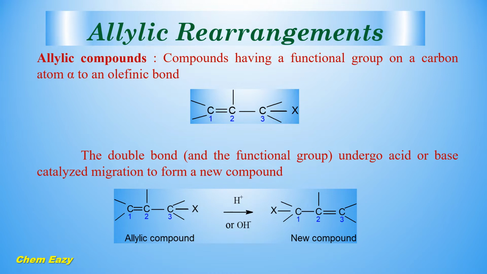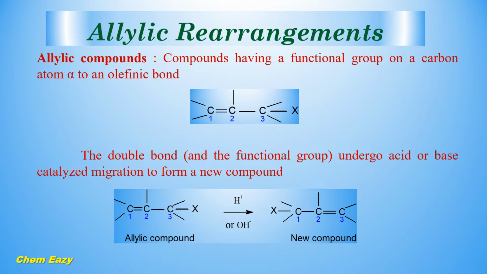The allylic compounds are the compounds having a functional group on a carbon atom alpha to an olefinic bond. In this structure, between carbon 1 and 2, the olefinic bond is present. That is, the double bond is called the olefinic bond here. And carbon 3 is alpha to this olefinic bond. This alpha carbon atom is bonded with a functional group X. This type of compound, having a functional group on a carbon atom alpha to an olefinic bond, is called an